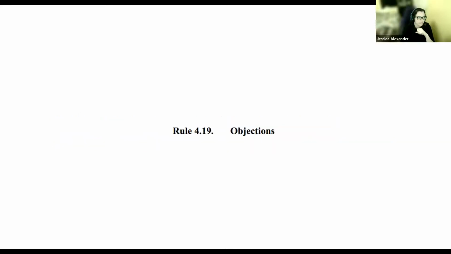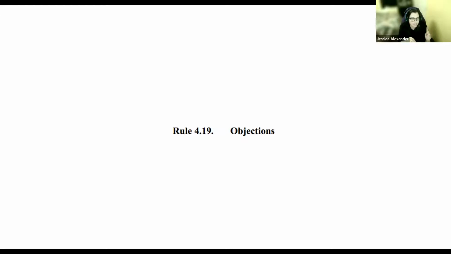And then rule 4.19 addresses objections. Again, we're going to go through these during our breakout. I would just tell you, go look at rule 4.19. It gives you a lot of objections that are not necessarily in the rules of evidence, but it's also important to know that it's not all of the objections you can make. There are objections based on the rules of evidence that you can also make that are not listed in rule 4.19. So you want to look at 4.19. You also want to look at your rules of evidence and put those two things together. Okay.